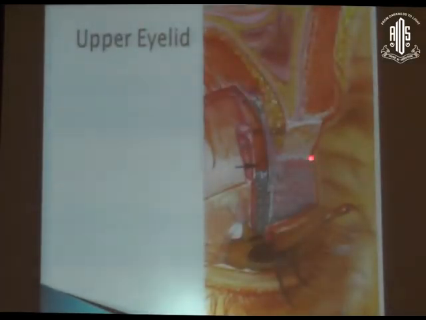Thus, in cross section, it is important to remember that the levator muscle traverses ahead and gives slips to the superior fornix, and the superior fornix is suspended through the slips of the levator muscle. Then coming down, there is a potential space below the LPS and above the tarsus, which gives a surgical landmark in ptosis surgery. And the slips from the orbicularis muscle go into the skin to form the lid crease and lid fold.